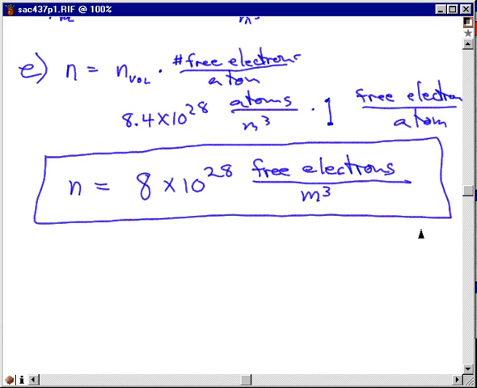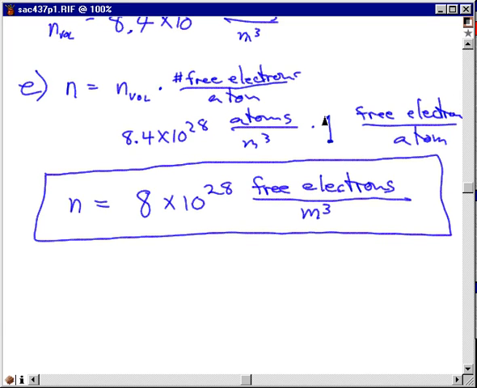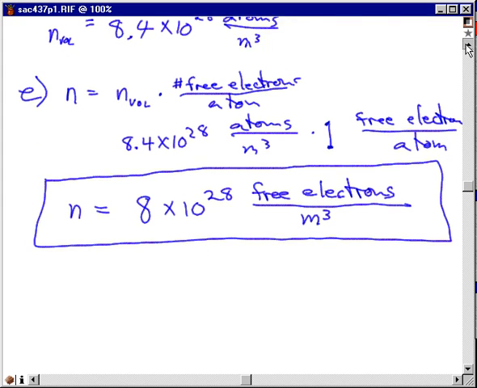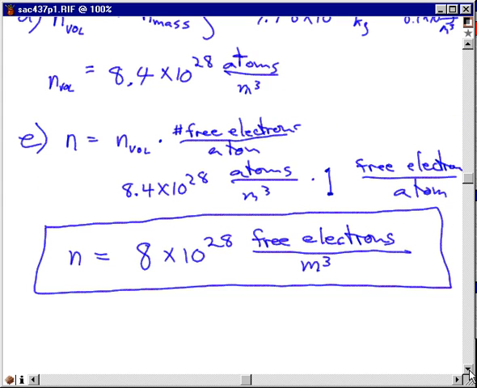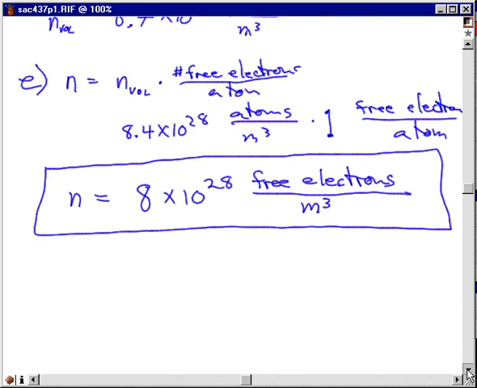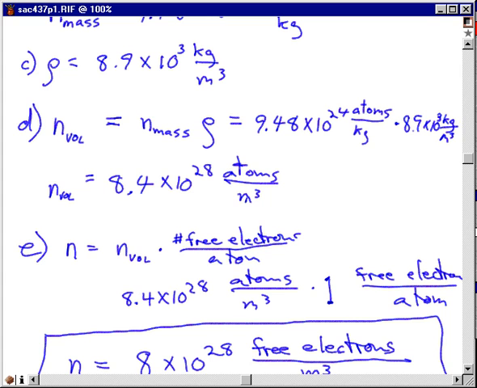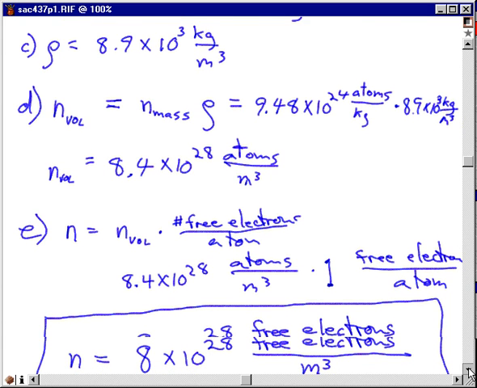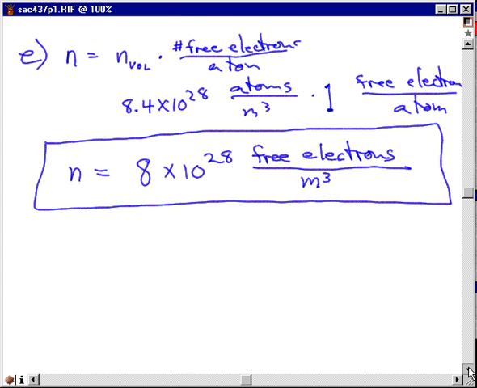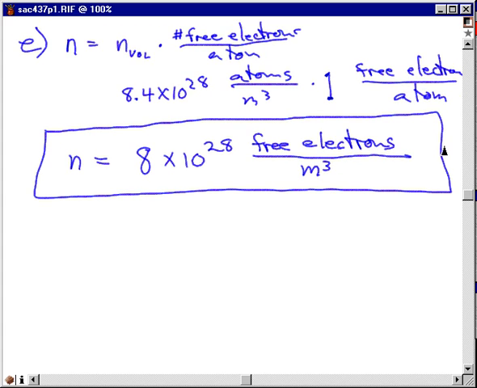In the case of copper, this number to 2 sig figs is probably about 1.3, but it depends. Typical copper that you find in a wire is not pure copper, and hence it depends on the percentage of impurities, what alloy you're dealing with in an actual physical copper wire, which in general is not really pure copper, but it's mostly copper. So we find 8 times 10 to the 28 free electrons